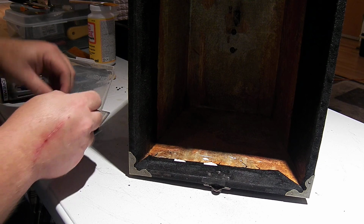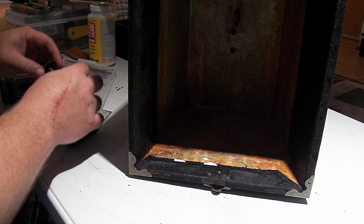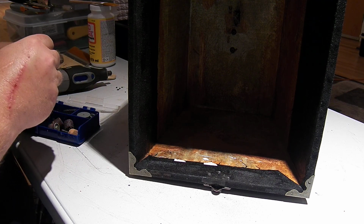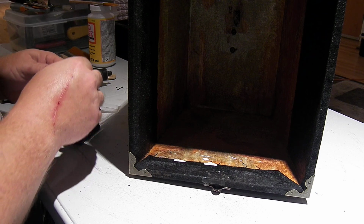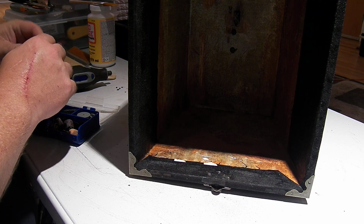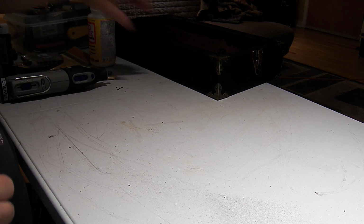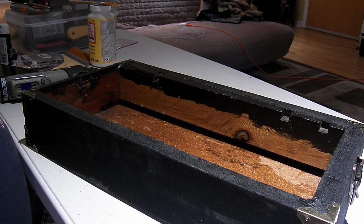That's all settled, which means we're ready to actually put this machine back in the case, and this will be done. So, let's see. Set that aside. Pull this back over here. And we've got